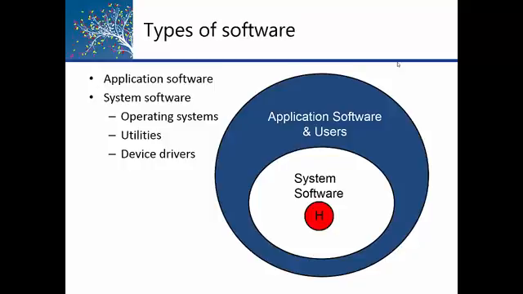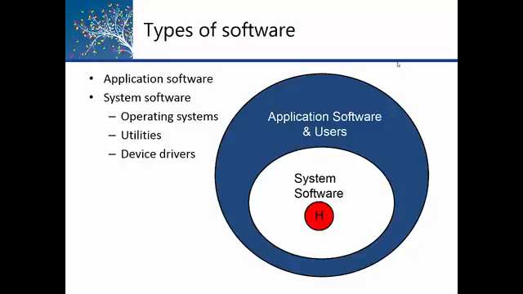So at the very center of this system is hardware, and then surrounding all of the hardware is system software, and then beyond that you have application software and you have users. You and I are the users of the system, and so you and I, as well as application software, are on this outermost blue oval, and between us and the hardware is system software. System software is software that interacts directly with hardware. It's the only type of software that does that,